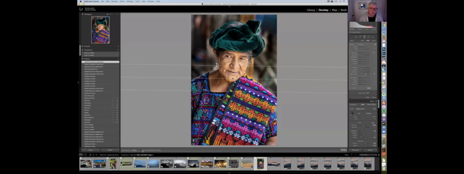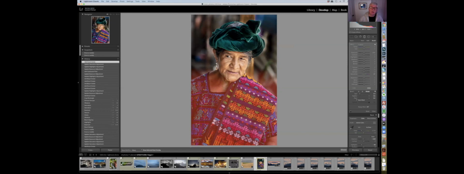So if I show my mask overlay, you can see that there's some mask showing up in her skin, which I don't want to do. So I can erase that. I can just grab the brush, come down, hit erase, and I'm on auto mask, and we're starting to get into a little more advanced things, but you can see as I make my brush a little bit bigger that I'm erasing the mask on her face, but I'm just leaving it on the